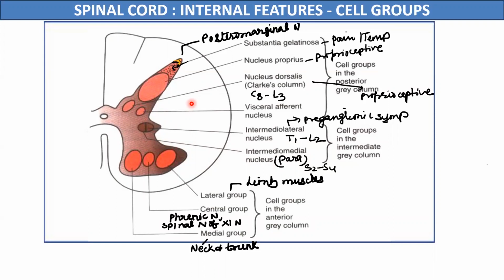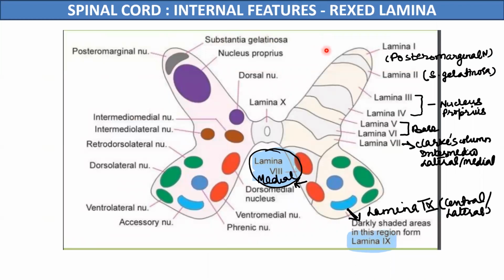And if we see a thick section of the spinal cord, these nuclei appear to have a layered or laminar arrangement, and 10 layers of neurons can be recognized, and these are named the Rexed laminae. These Rexed laminae are named in Roman numerals, and we start from the tip of the dorsal horn and move towards the ventral horn. And these laminae correspond to the groups of neurons which we have already studied in the previous slide.